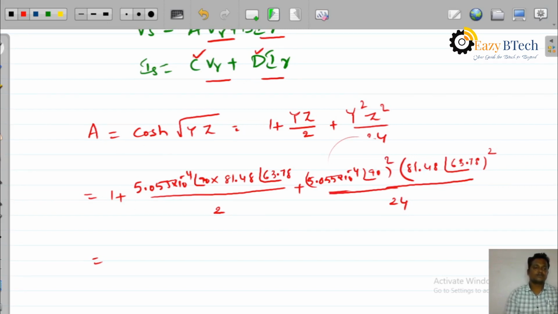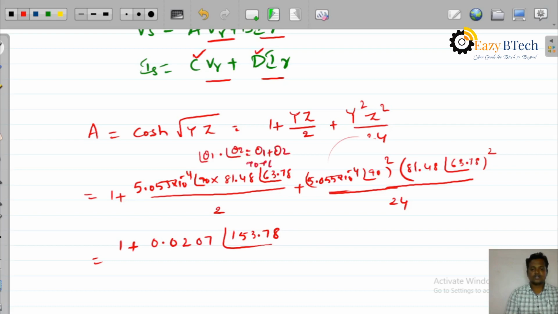Now this value equals 1 plus 0.0207 at an angle 153.78. Here, at an angle theta 1 into at an angle theta 2, it becomes theta 1 plus theta 2. 90 plus 63.78 becomes 153.78, plus